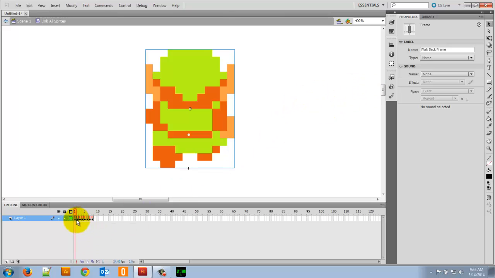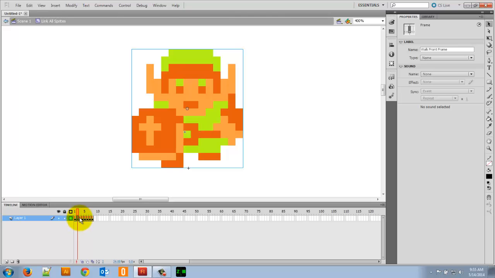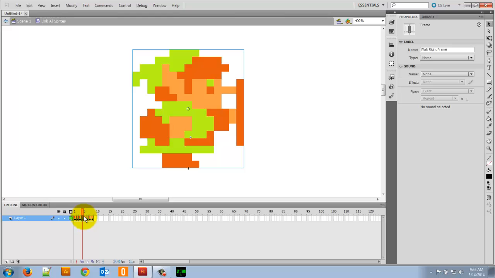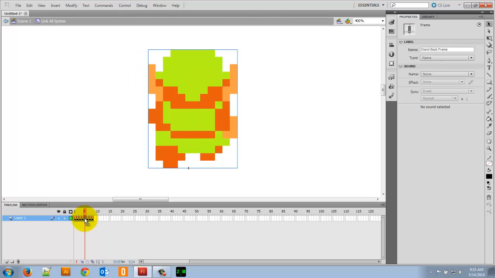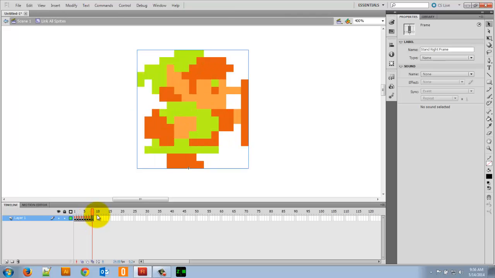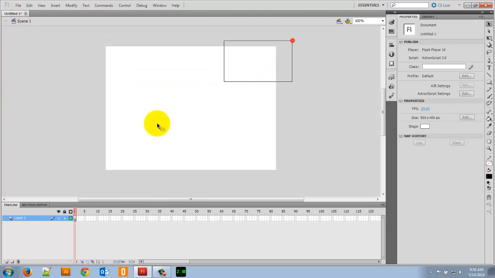Walk back, walk front, looks good, walk left, walk right, and then front again, or excuse me, back again. See, I'm telling you. Stand back, stand front, stand left, stand right. Okay, everything looks good. If you ever have problems, come back and double check this stuff, but hopefully you got it down. We're going to go back to scene 1. And inside scene 1, I'm going to do a few things. First of all, I'm going to drag over